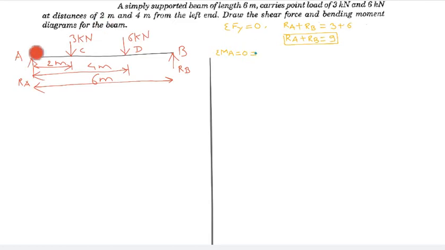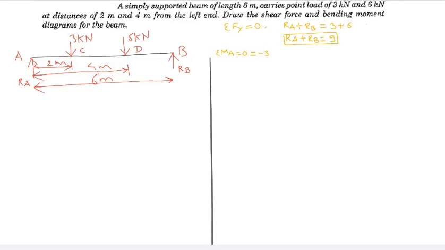To take summation of moments, we are going to take moments due to three forces. This is the first force of 3 kilonewton, then 6 kilonewton, and then Rb due to Rb. So for the 3 kilonewton force, the distance is 2 meter, and one important thing is the sign convention that we are going to use. One simple trick for that is, if your force is going in a downward direction, its moment will also be negative, because force is negative.